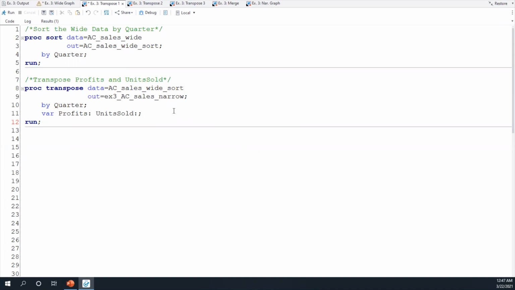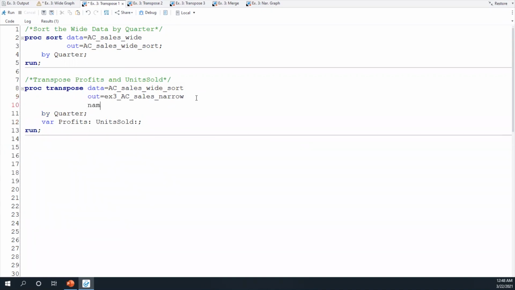Now, before I run this, I already know I'm going to have some issues with my column names. So let's start by using the name equals option to name the column that is going to hold the variables transposed. Now it looks like the variables being transposed, profits and units sold, have the measure first and the year second.